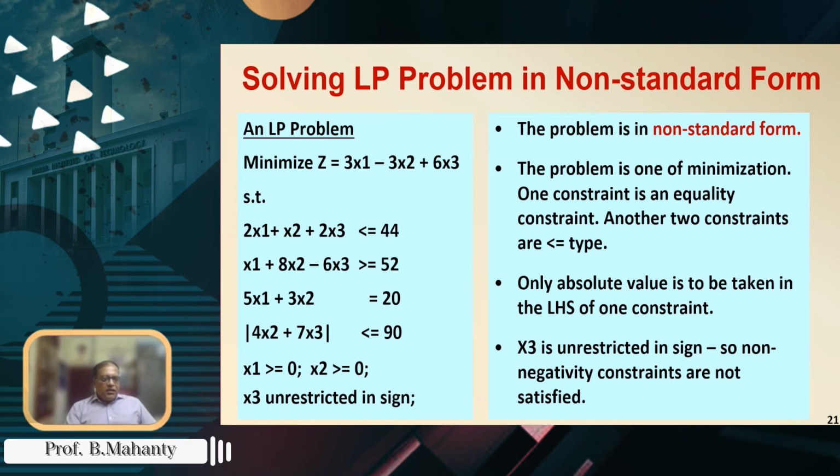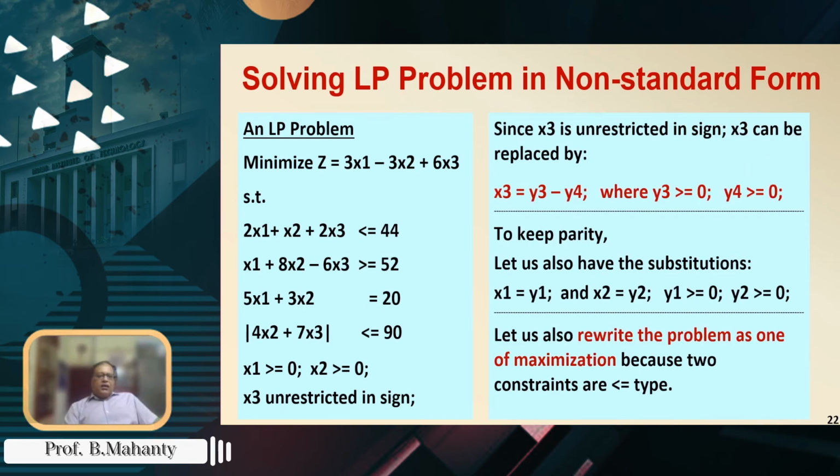Once again, there is a variable which is unrestricted in sign. There are constraints which are less than or equal to, greater than or equal to, and less than or equal to. So all kinds of constraints. Additionally, there is a constraint with an absolute value to be taken. So first, if we do things about